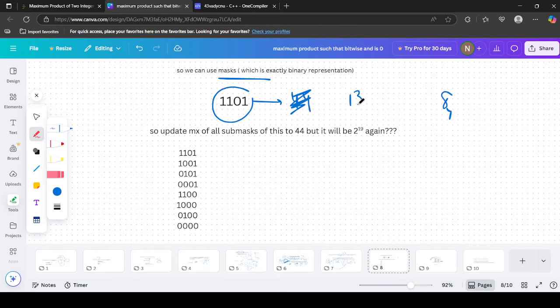So for 1101, the number is 13. Without considering any submask, the maximum value of 1101 is 13 itself, because we are not considering its submasks. So simply the value is the maximum value for now. So for 1101 the maximum value is 13. Now we have to incorporate all these submasks in 13,